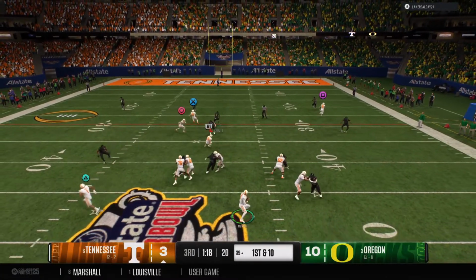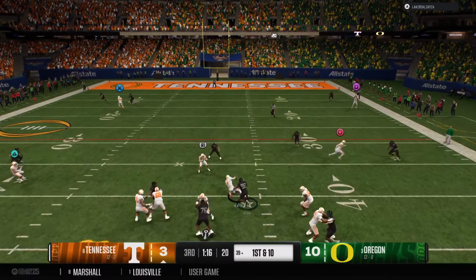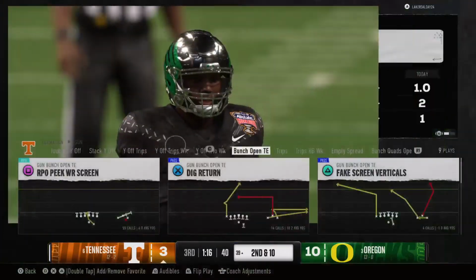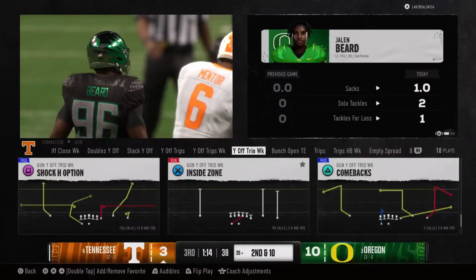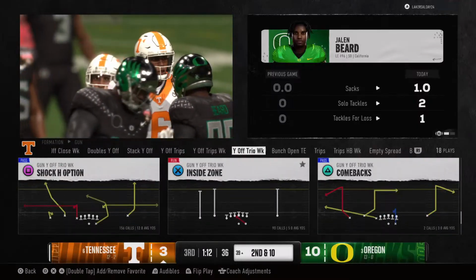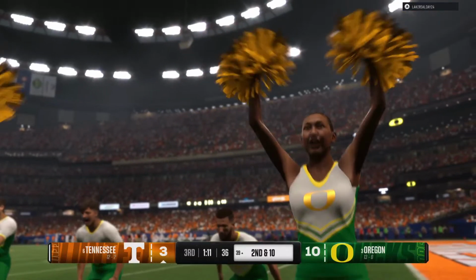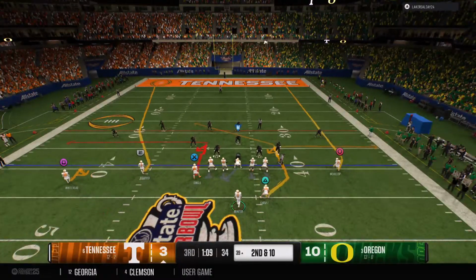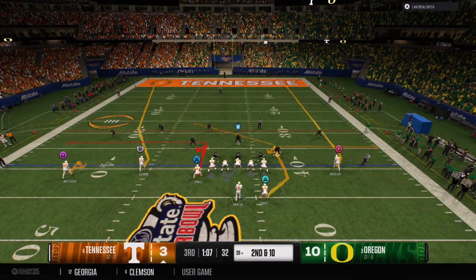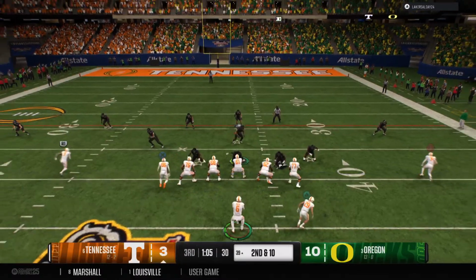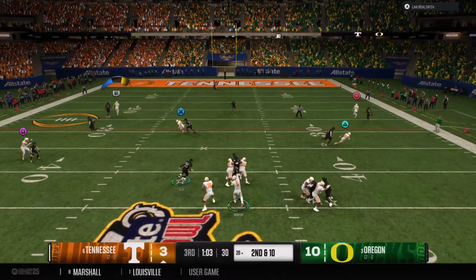Looking to throw now on first down. Running out of time in the pocket. The sophomore able to get home with the sack. Oh, I love this defense and how they're playing some man coverage. And let's face it, when you do that, it's a bit risky. You can leave your defensive backs out there on islands. But with good coverage and good pressure on the quarterback, you come up with sacks like this.